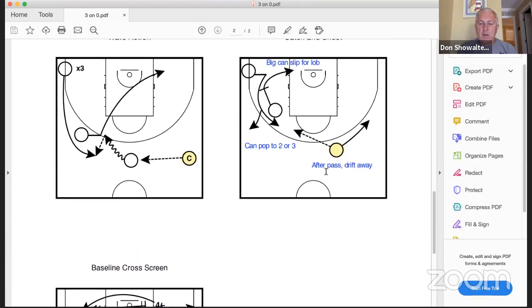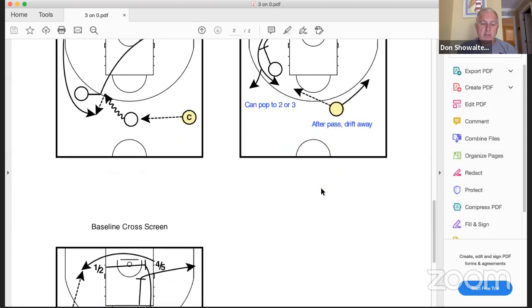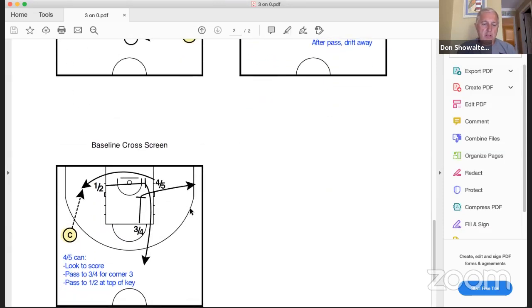situations. And then it's very important after a pass, what do we do with it? We spread out. Sergio talked about spacing. Spacing really is an offense. So now players are learning, all right, I just can't make a pass and stand. What am I going to do? I'm going to have to space out. And you can put in a baseline cross screen that we can put in too, where we're starting with